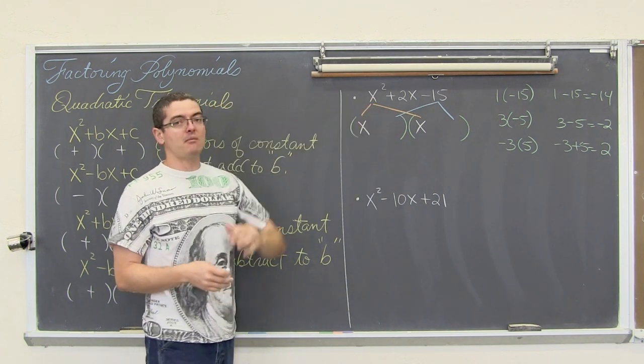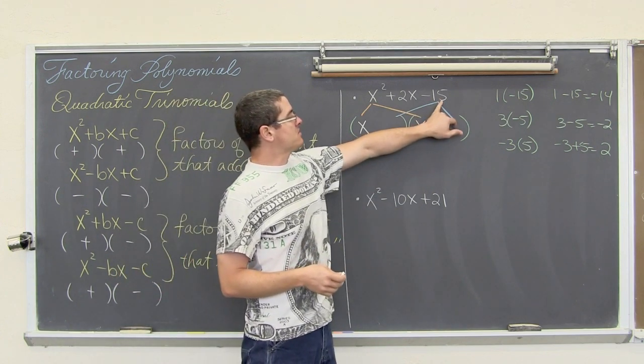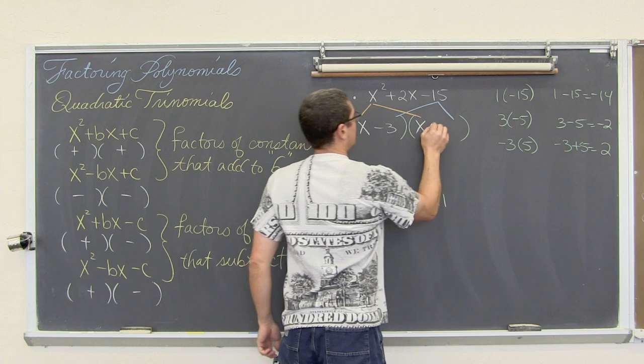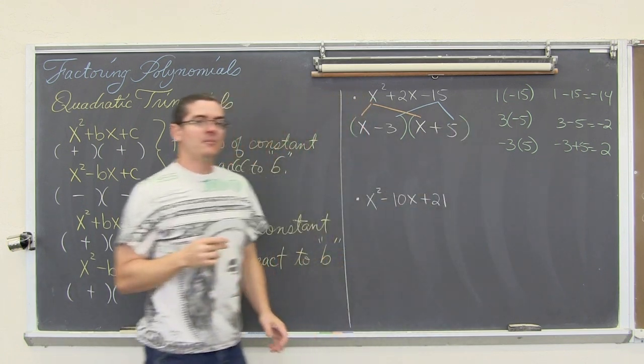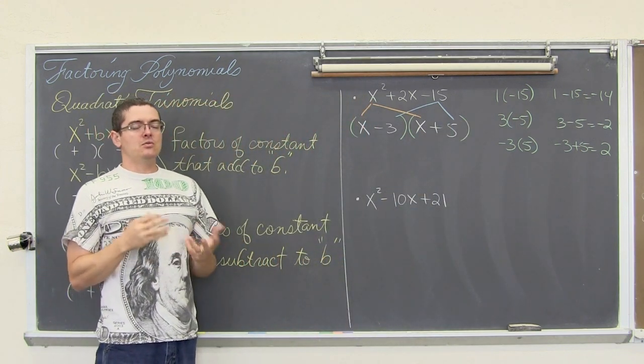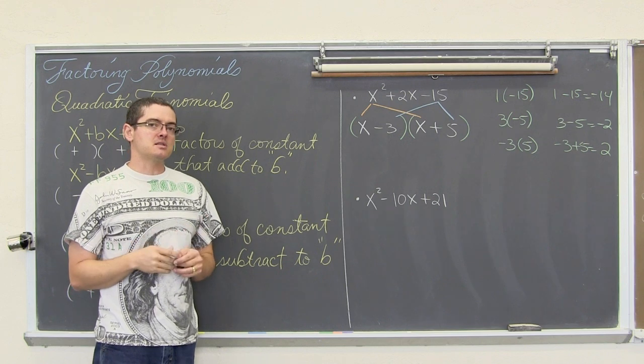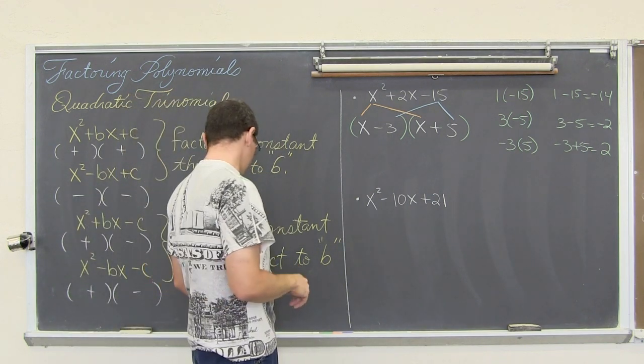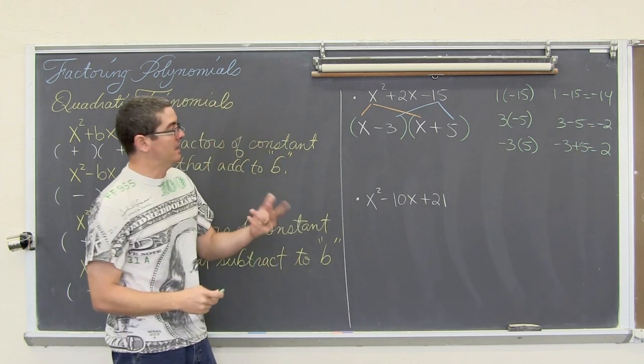Really what I'm doing as well is looking for factors of 1, which is just 1 and 1. We'll do some more advanced problems in the next video. And then factors of 15, well, the ones that we want are -3 and 5. Now, you really want to make sure that you check these answers. It's very easy to get a sign error with these problems. So we'll do our check in green.